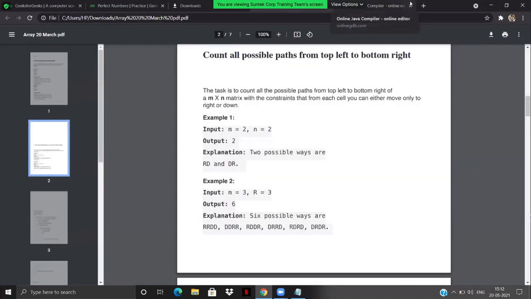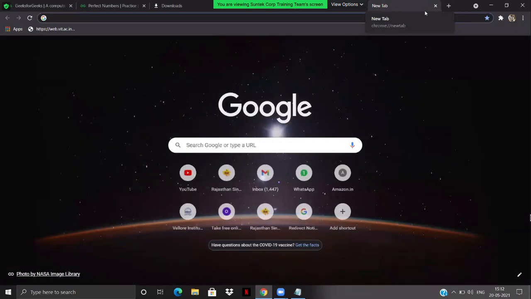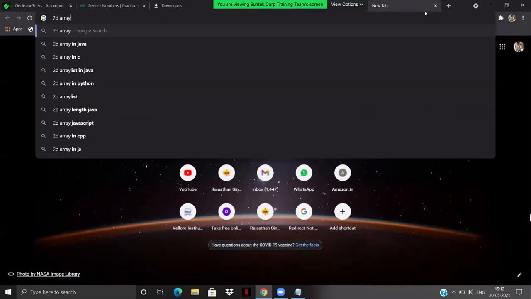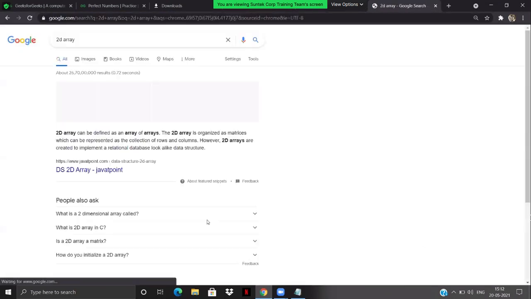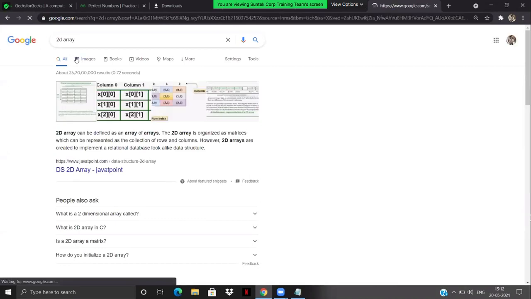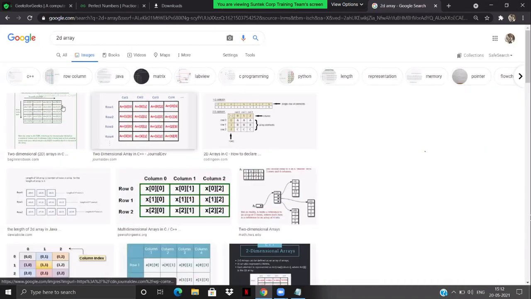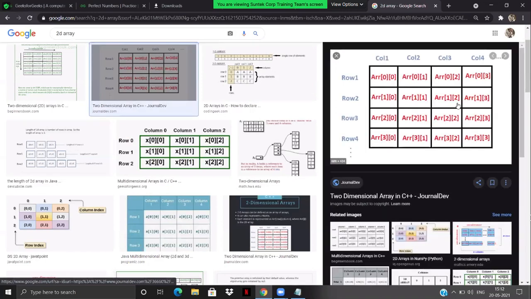I will just open an example 2D array so that it's easy for you to understand. Assume this is an array we have. The problem statement says you need to reach from here to here. How many ways are there to reach from this point to this point?